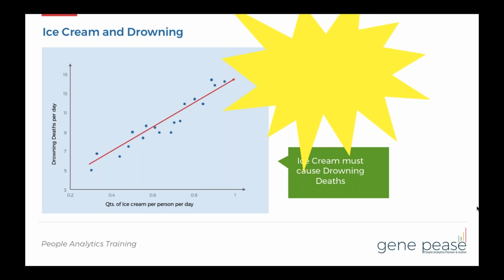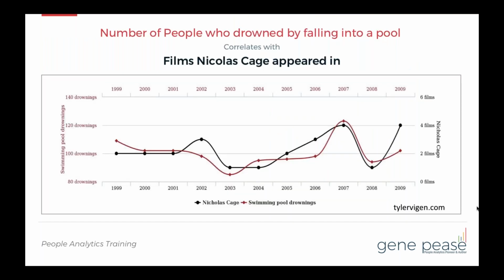have in your dashboards. Here's another fun one by TylerVegan.com. I love this analysis, and if you looked at just this data, these two lines are very tightly correlated, and that is the number of people that drowned by falling in a pool, and over the last 10 years, the films that Nicolas Cage appeared in. And again, it's just silly, but I'm making the point that you have to be careful with your use of